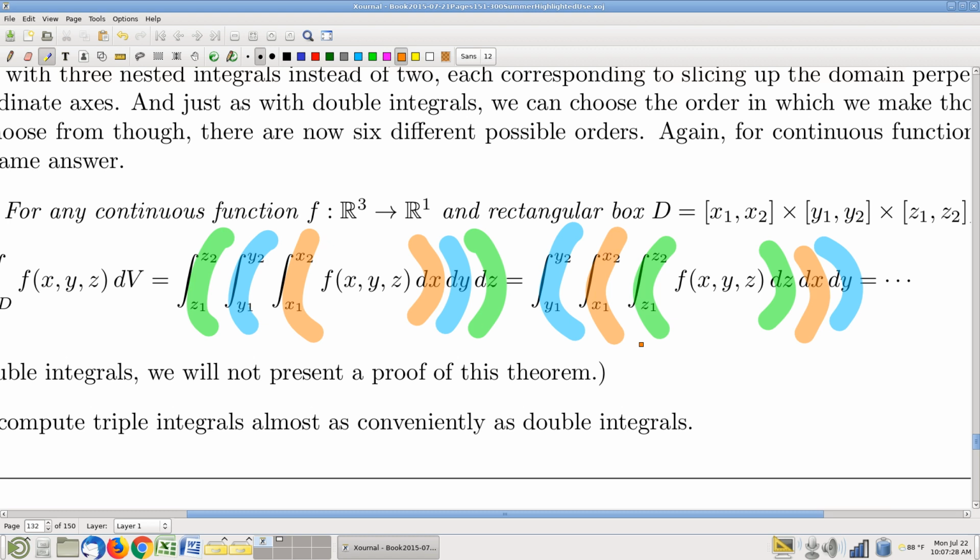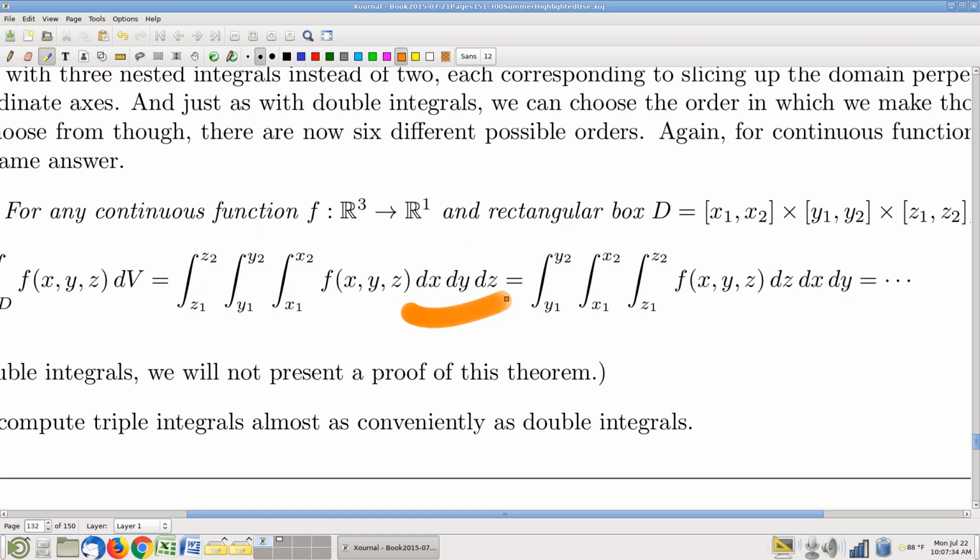Again, just like with double integrals. With double integrals, there's only two different choices. Here, if you think about the number of different ways that you can order these differentials, you have 6 different choices. So the bad news is you've got 6 choices. That's also the good news, by the way. You've got a lot of flexibility and freedom in how you want to slice up the problem. Bad news is you've got a lot of choices to choose from. So anyway, I think it's about your perspective. Okay,